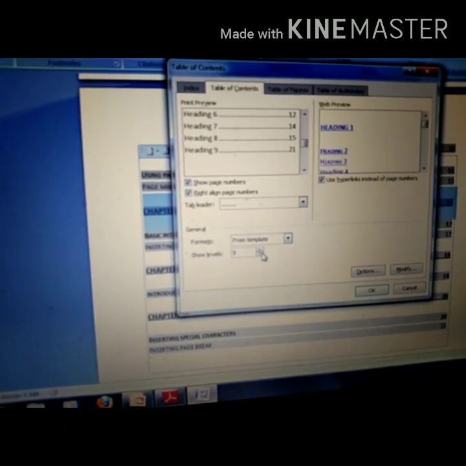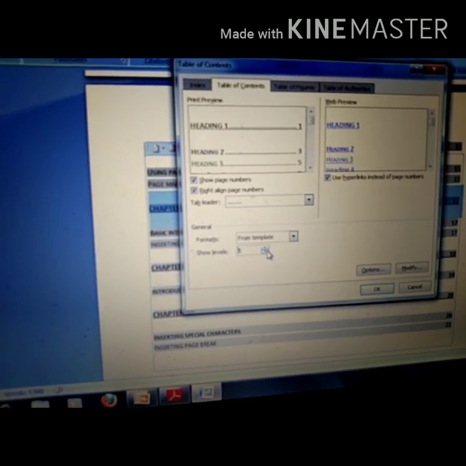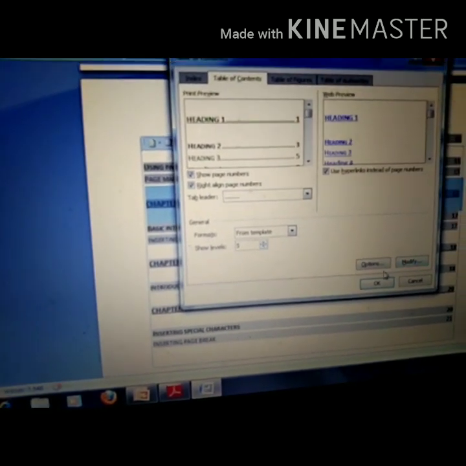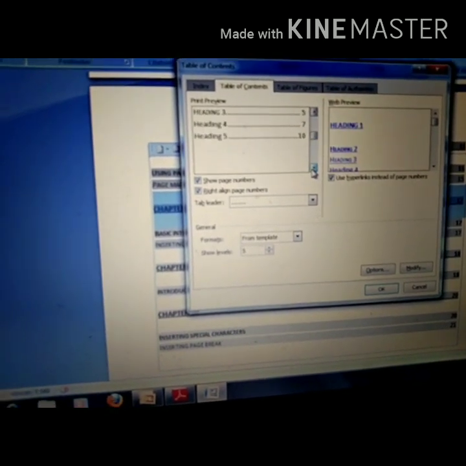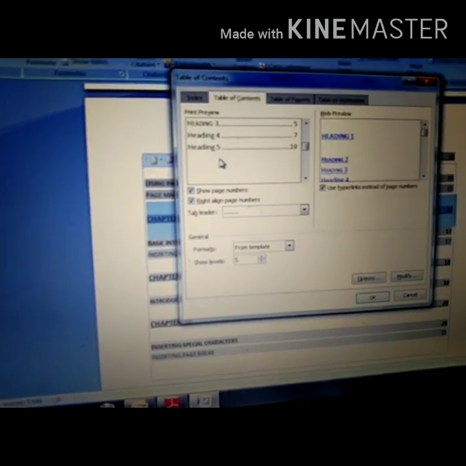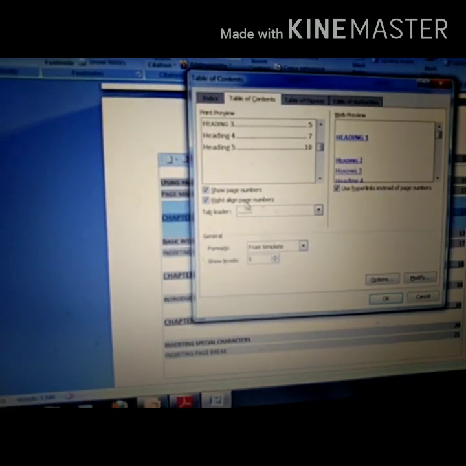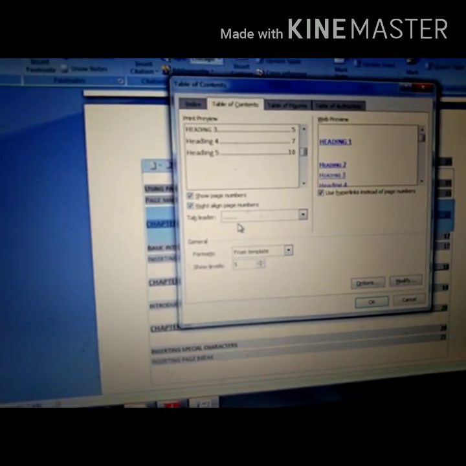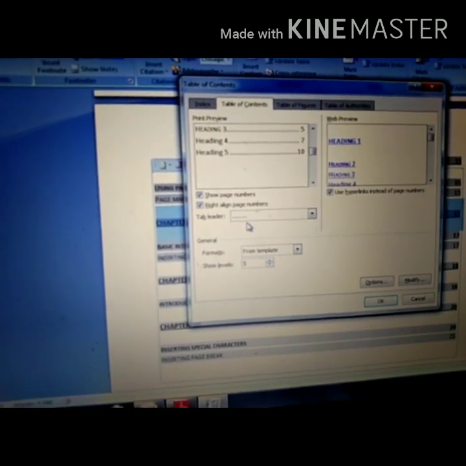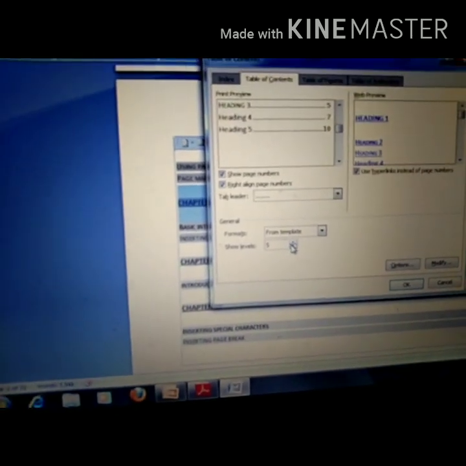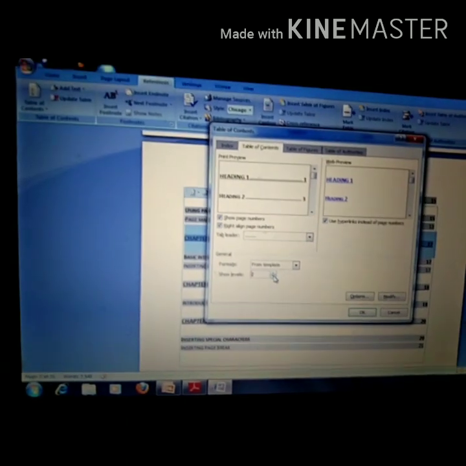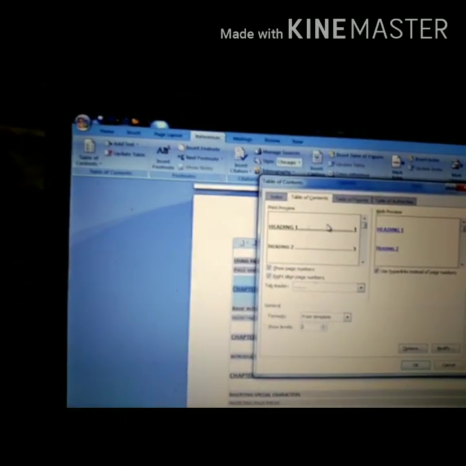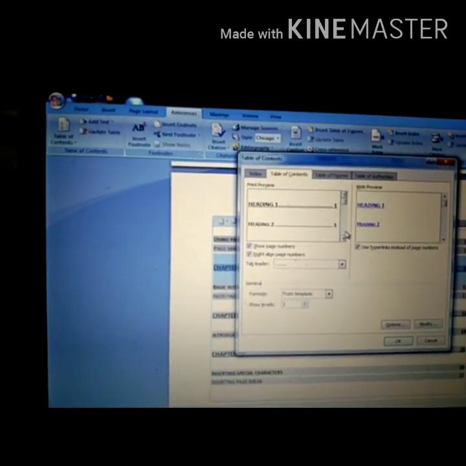If I am clicking 5 here, you will check in this preview that it will show headings till level 5. Suppose in my document I have 6 level headings, it will only display till 5, because here I am showing level 5 only. From here, if I am changing it now to level 2, see, it will show only 2 levels of headings.